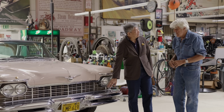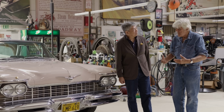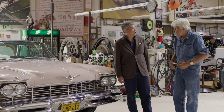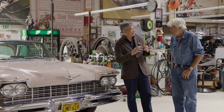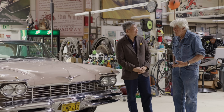So this is chrome or nickel? Well, no, this is chrome. But when you go back to the 20s, before chrome, everything was nickel. It had that rich sort of look to it. Just like the difference between steel, white gold, and platinum, right? There's a subtle difference which most people don't know, but if you do know, then platinum is a bit richer. I like the weight of platinum because it just feels like, we were talking before about the old days